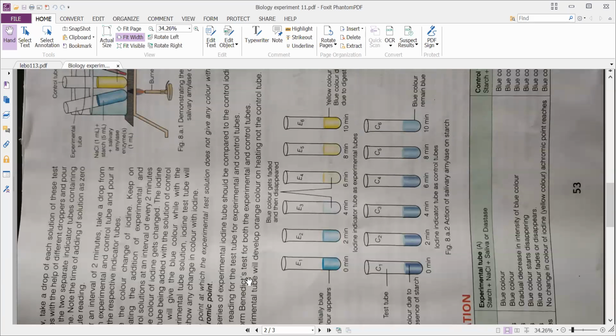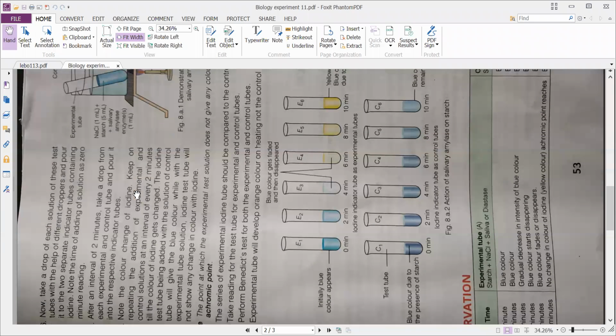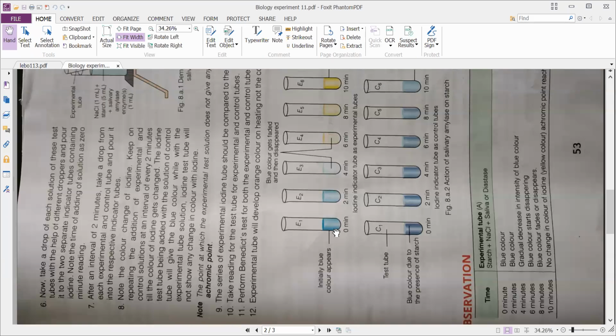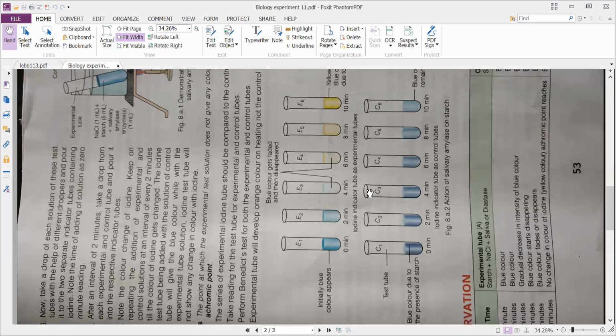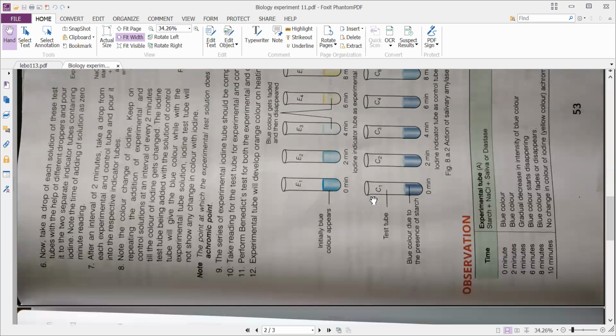And next, you will find one diagram on the right side corner. That one no need. Directly you can draw the diagrams here, the test tubes. These test tubes are there, no? That diagram you have to draw on the left side. And next, below the diagram, you go with the observation, and below it one table is there. That table you have to do on the left side. So diagrams, observation and the observation table on the left side.